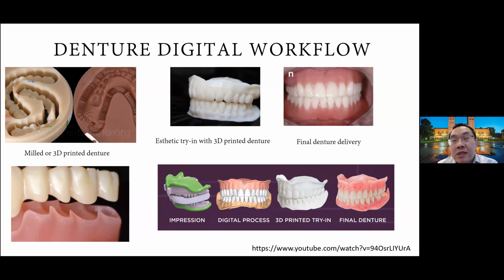Some people would say that they can skip the aesthetic try-in, but I would say a lot of people will actually tell you that a lot of things can go wrong during the aesthetic try-in. It's always a good idea to bring the patient back one more time for this aesthetic try-in, right? And then you do the final denture delivery. Okay, so again, it's basically traditional impression. Then everything is processed digitally, designed, and then teeth are set digitally, and then you have a 3D printed try-in,